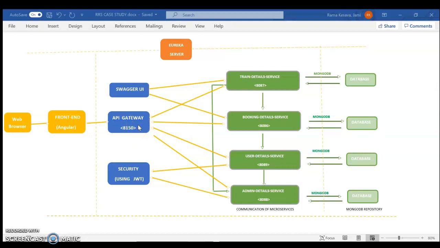I have also implemented security using JWT for the admin microservice and user microservice. By this, the user can only get the information of trains and book tickets, and the admin can only perform the CRUD operations on trains, like add trains, view trains, update trains, and delete trains. This is my architecture. Coming to the UI part,